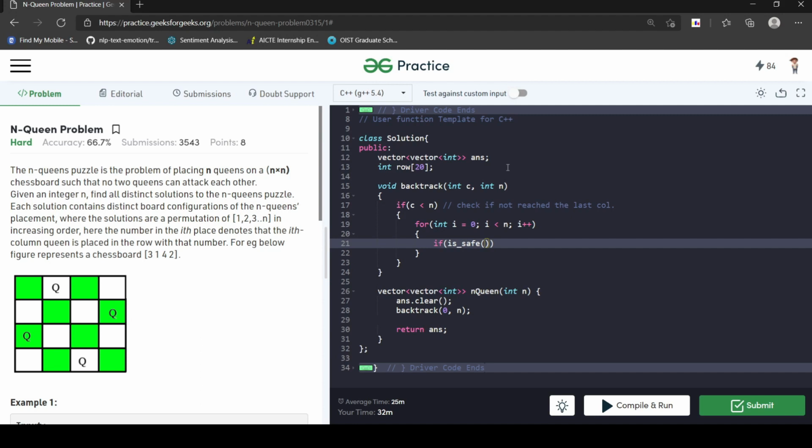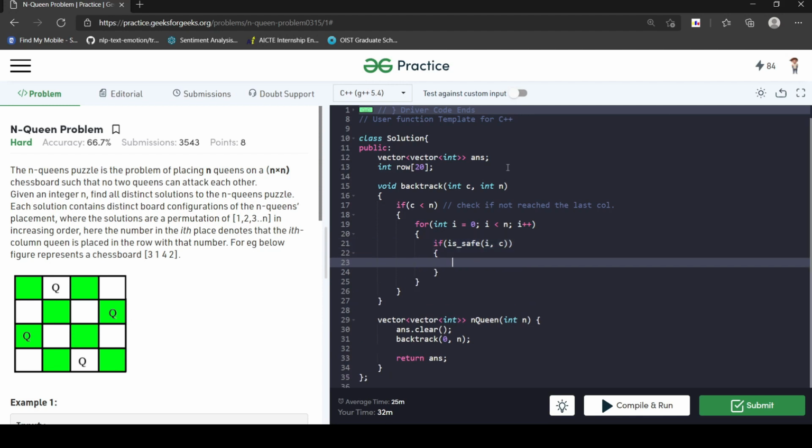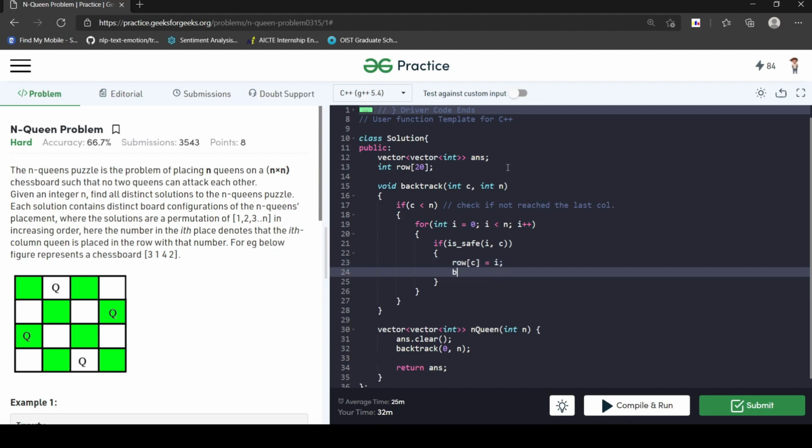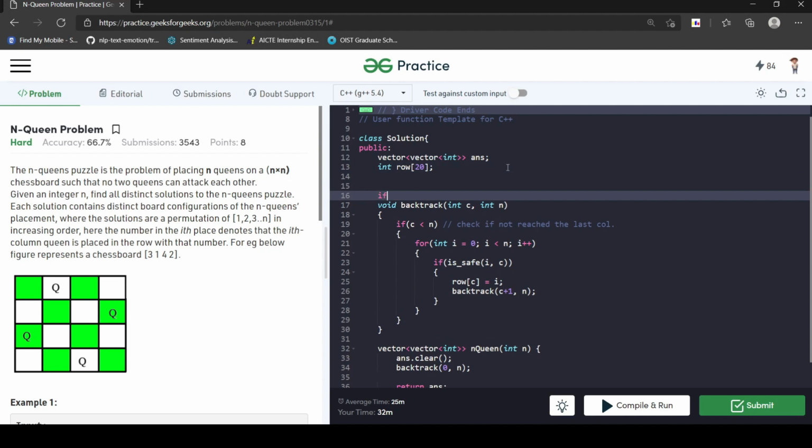Then I can check if this I is safe, right? So this I is safe. If it is safe, then what I will do, I will put rows equal to I and backtrack to I plus this C plus 1 comma n. Okay, so let me also implement this function.